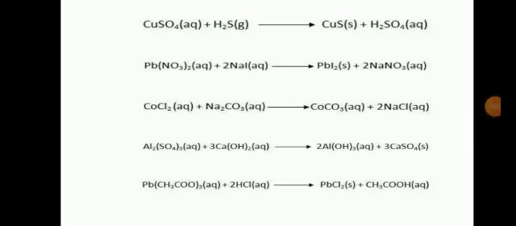Okay, so these are some examples for your DD reaction, that is your double displacement reaction. If you know some examples like this, the reaction is going to be super easy. So please be thorough with the definition of the reaction and understand the reaction first, and also you should know at least a few examples of this reaction so that you can understand it better. So please have a look at these 6 examples. Okay, so I guess I can move on to the next topic of this session.